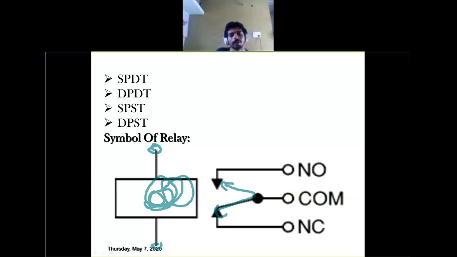If the magnetic field is not there for this inductor coil, if you remove the power supply, if you give logic 0, automatically this will get connected again to common and NC. That's it. Is the principle clear?